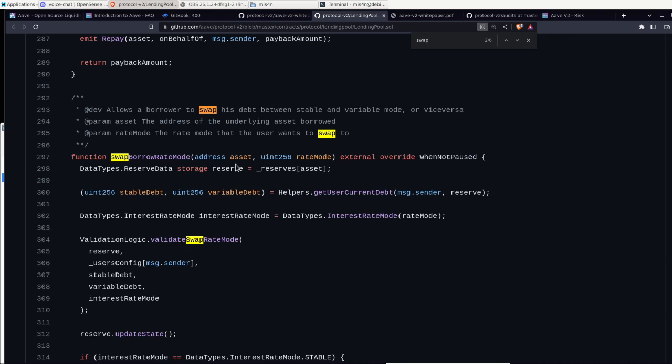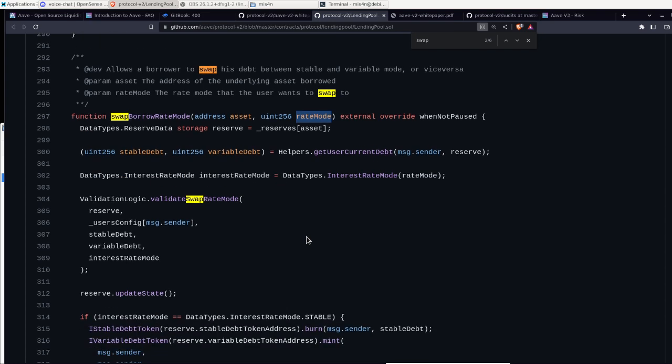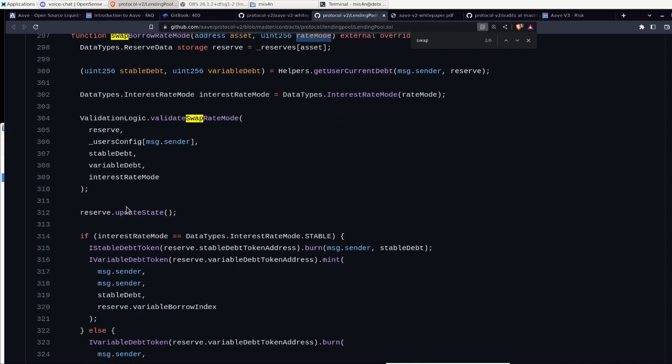So we're passing the address of the asset and the rate mode, which I wonder what is the rate mode. If interest rate mode is equal to stable, what we're going to do is burn an amount of stable debt and mint a variable amount based on that.